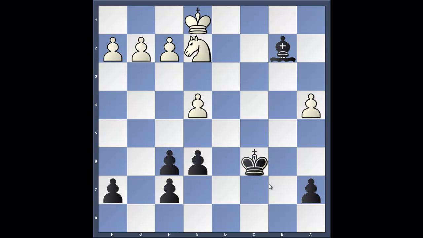King c6, an excellent move. If black would have played the natural king to b6, then after king to d1, king to a5, king c2, white would be okay. So going back, black plays king to c6, king d2,